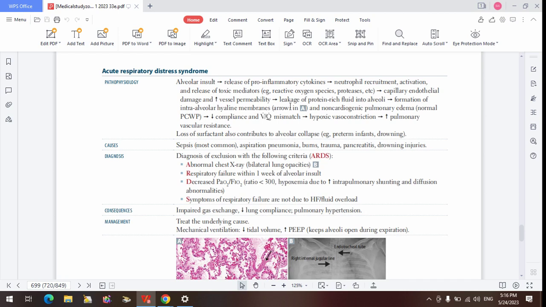At the same time, the protease enzyme is also going to damage the elastin fibers within the alveoli. Then the extravasation of fluid, apart from forming the hyaline membrane, is also going to cause pulmonary edema because there's going to be fluid overload within those pulmonary parenchyma. There's going to be fluid congestion in the lungs, but it's going to be non-cardiogenic. How do you know? If you measure the pulmonary capillary wedge pressure, it will be normal, because in someone that has cardiogenic pulmonary edema, the problem is actually coming more from the left side.